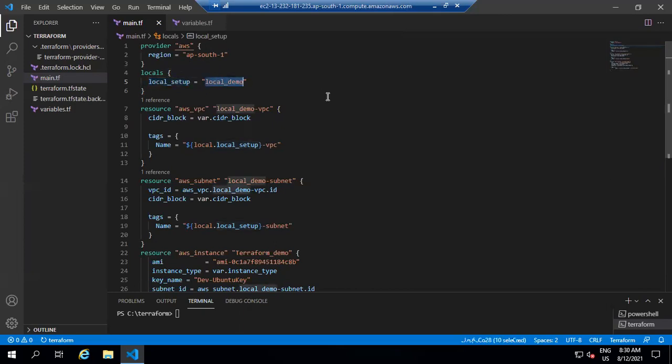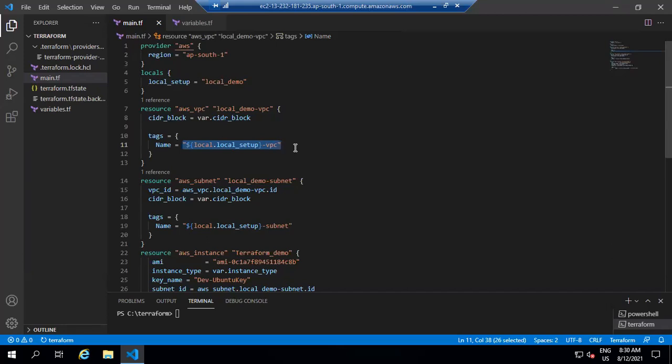After that, we need to use our variable name in our different tags like VPC, subnet, and instance. So you can see in tag here, firstly I assign dollar, then in curly brace, firstly I define local dot then your variable name, that is local underscore setup.